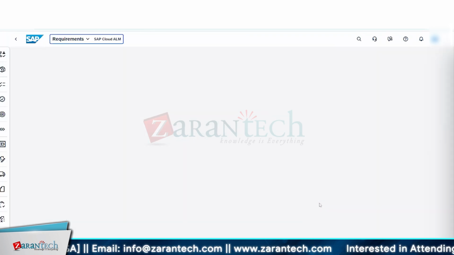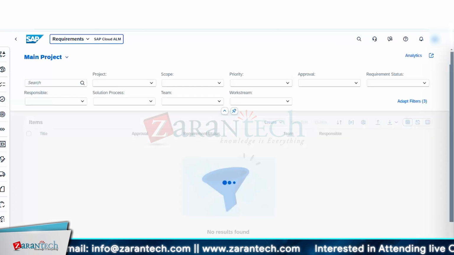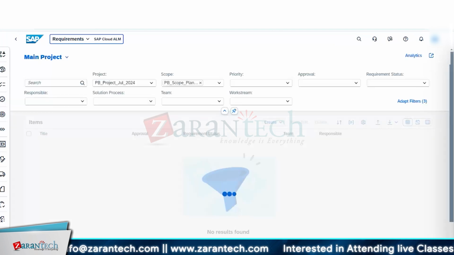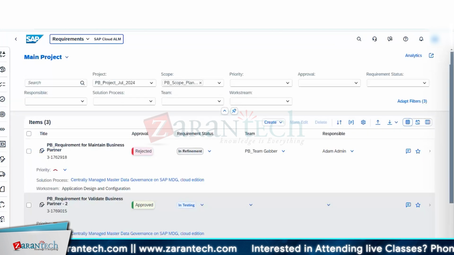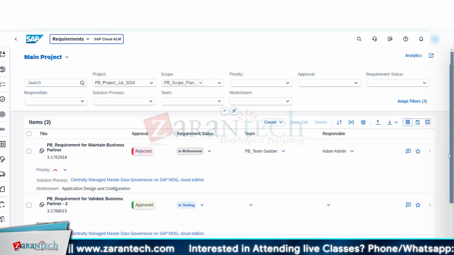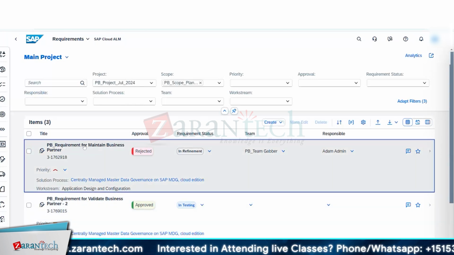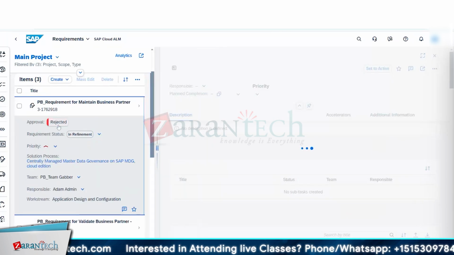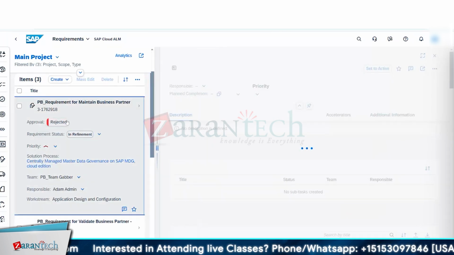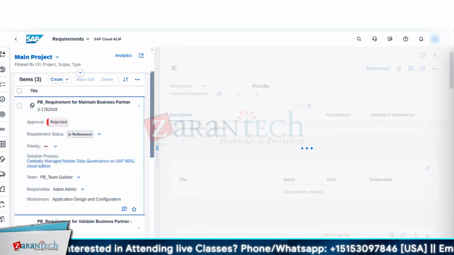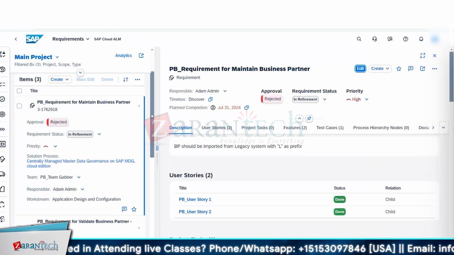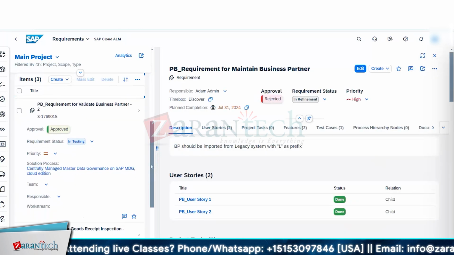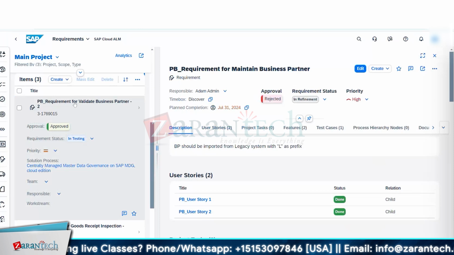Once the fit to standard workshop is done, they will come and add the requirement here. So you will see the requirement. This one is rejected, approval is rejected. It is still in the refinement, so we don't need that. We'll do this. This is the